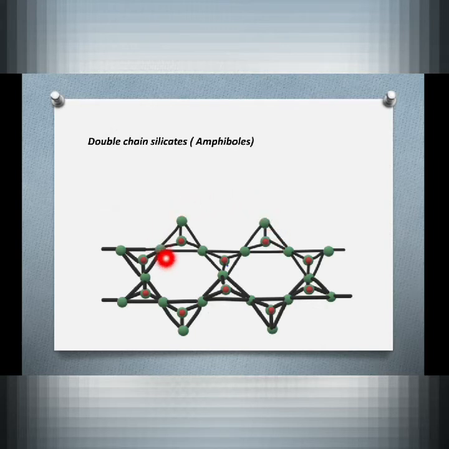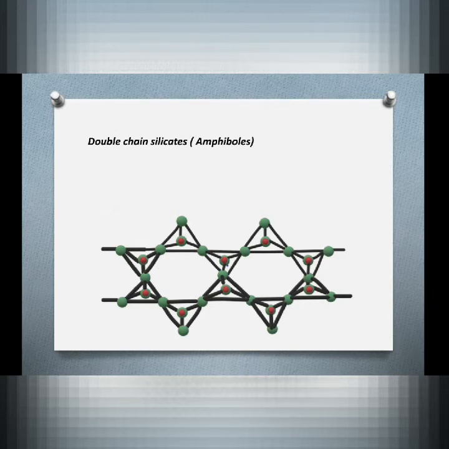If we consider this tetrahedral unit, then 2 oxygen atoms are shared with another 2 tetrahedral units, that is this oxygen and this oxygen are shared by another tetrahedral unit, and 2 oxygen atoms are singly bonded. But if we consider this tetrahedral unit or this tetrahedral unit, then here 3 oxygen atoms are shared with another 3 tetrahedral units, that is 1, 2 and 3. These 3 oxygen atoms are shared by another 3 tetrahedral units, and there is only 1 oxygen atom which is singly bonded. This type of structure is the double chain silicate structure.